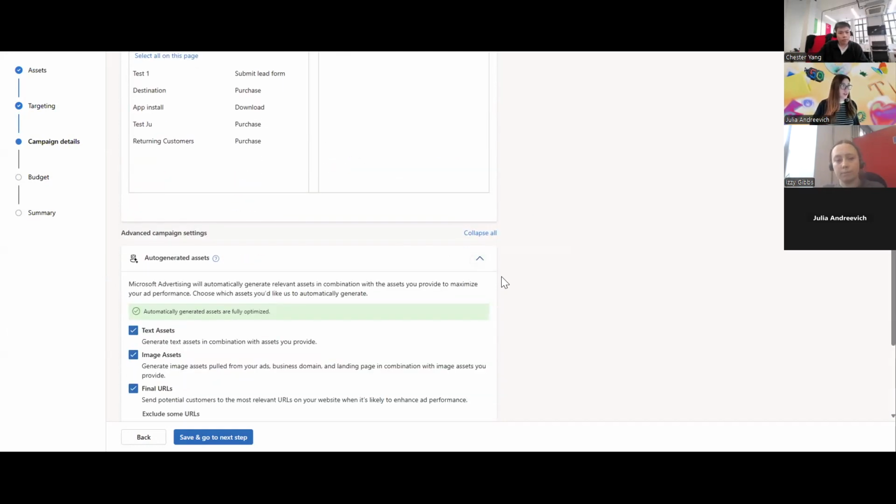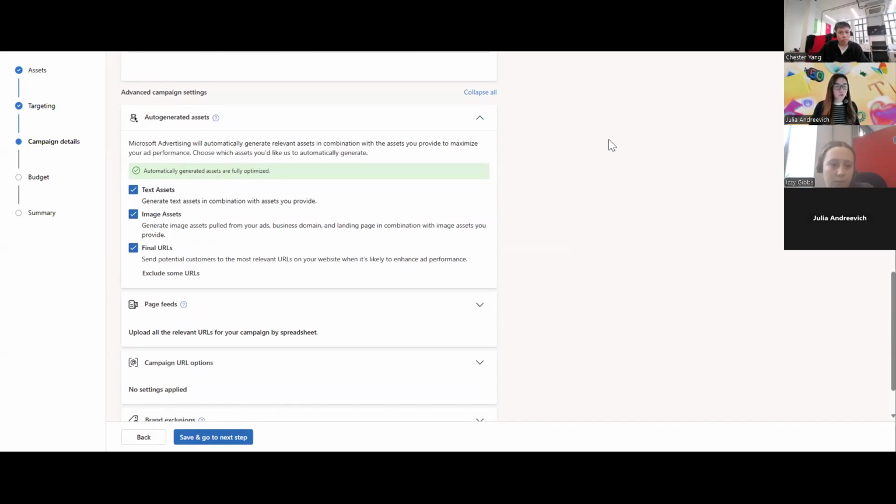Then auto-generated assets. I know that this one makes everyone worried about what it will actually generate. The word generate in general is perceived a bit like it will just go all creative and generate anything. The reality is different. We learn from your final URL, and the algorithm is quite restrictive in this sense, so it doesn't really generate anything. It only personalizes content a bit more to match the expectations of the user. It uses search queries that users are using to search for content. It uses interests, so pages that this person was visiting and is relevant to your topic,